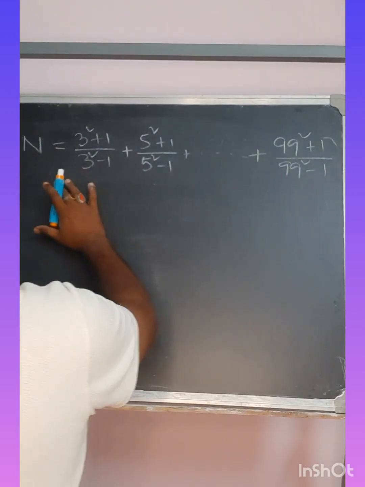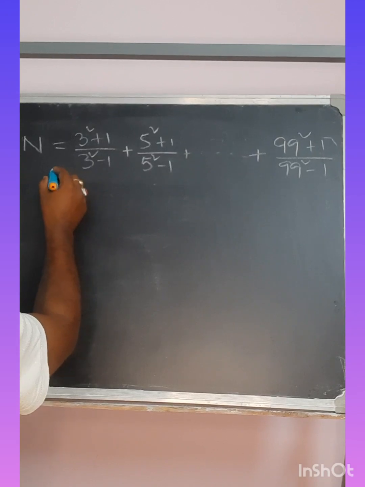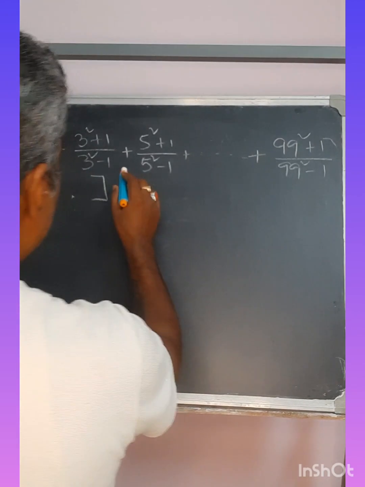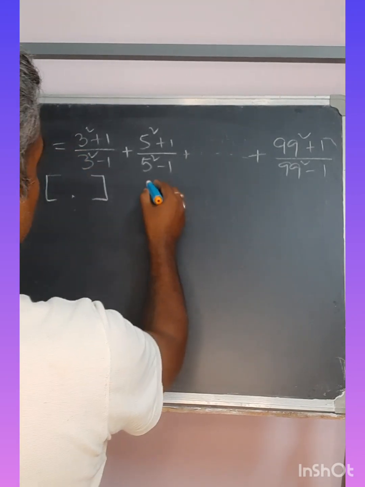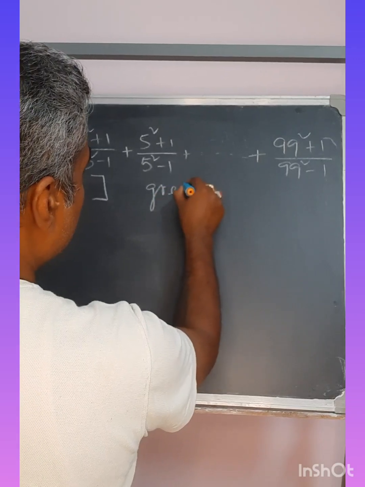So your task is to find the sum of this, where you have to find the integer function. When n is given, you have to find the greatest